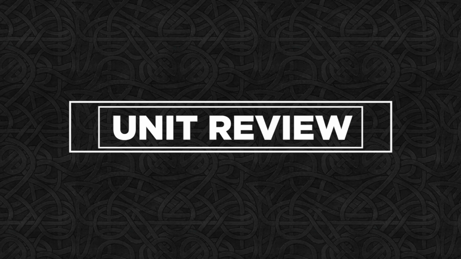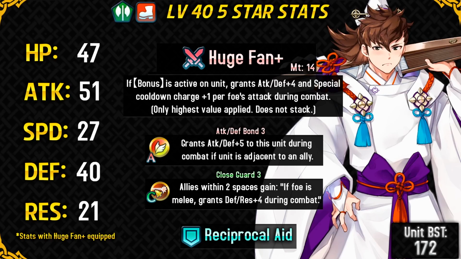Lord Takami's the one who should be wearing these clothes. Groom Hinata is an axe infantry unit with pretty high defense and high HP and a good attack stat. However, he has got really middling speed and resistance, which can be really troublesome. And his BST is 172, which means that after the first merge, he can reach 175 BST, which is really